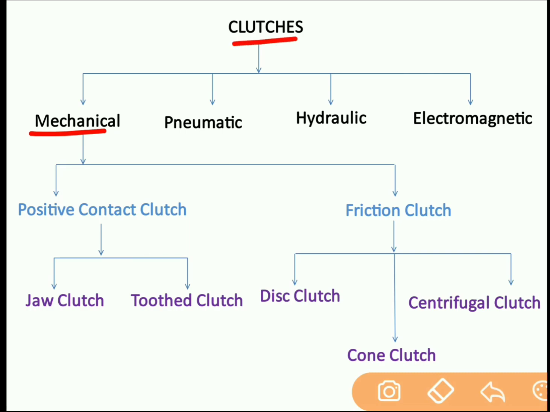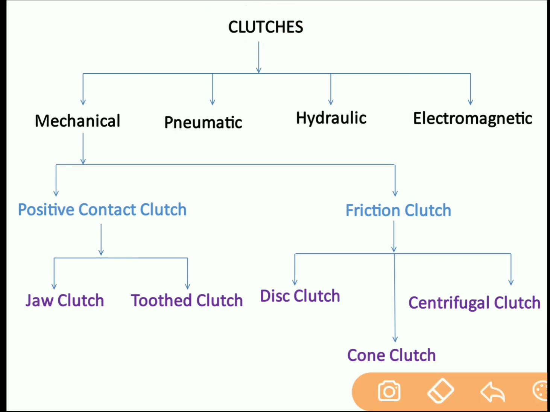Clutch is a device which is used to connect or disconnect driving shaft with the driven shaft. Mostly it is used in the automobile when we want to change the gears. So when the clutch is pressed in case of automobile, your engine disconnects from the wheel. So driving shaft and driven shaft will be disengaged when the clutch is pressed, and when the clutch is released, driving shaft and driven shaft come in contact with respect to each other, and power will transmit from one shaft to another. So it is used to connect and disconnect one shaft with the other shaft.